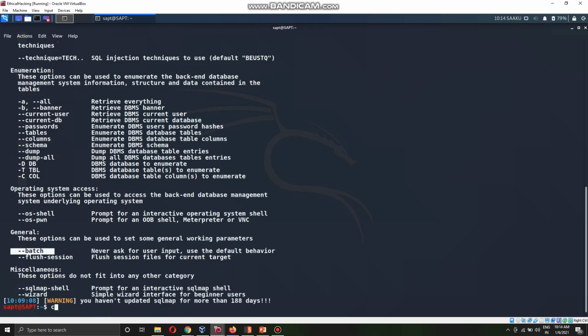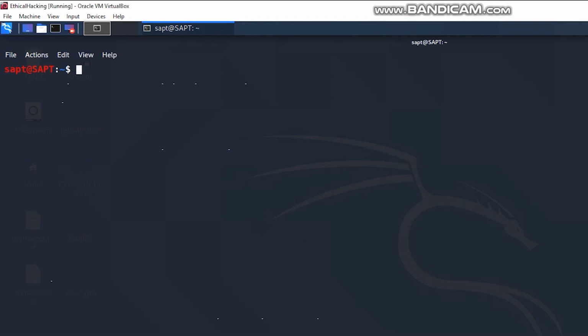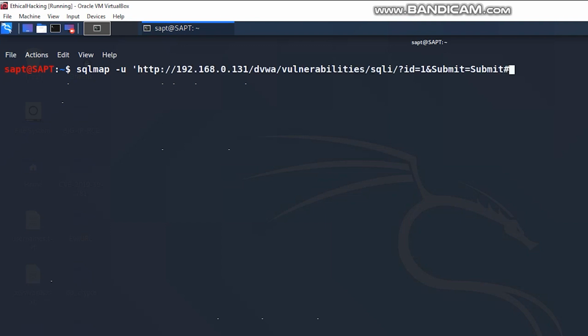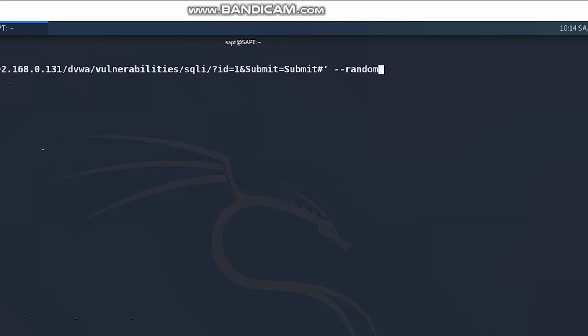So what is the command that you will use? sqlmap -u, in single quotes, the URL again in single quotes, --random-agent, --dbs to enumerate the databases available, --level=5, --risk=3.